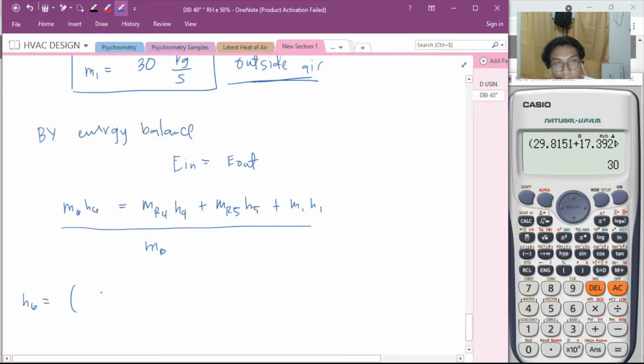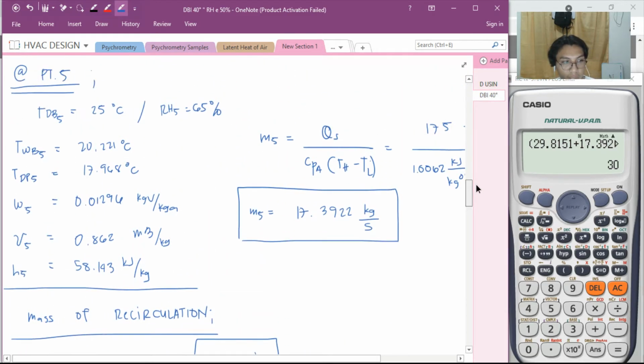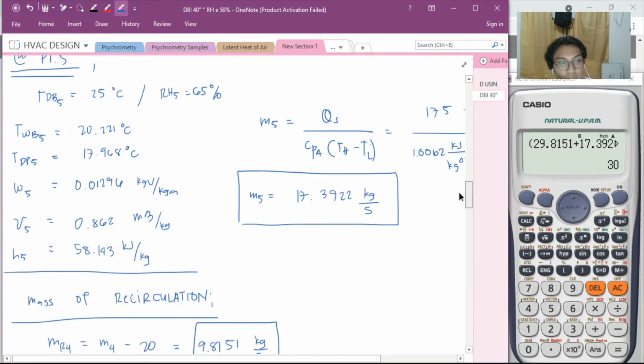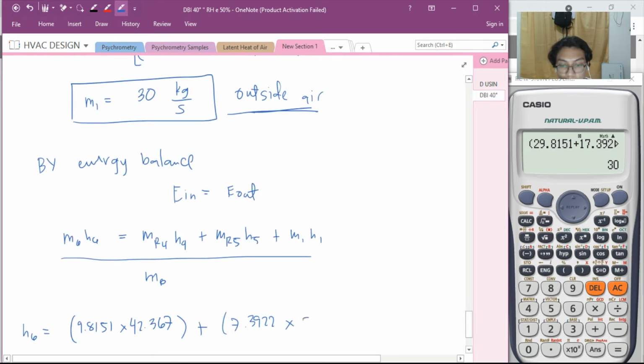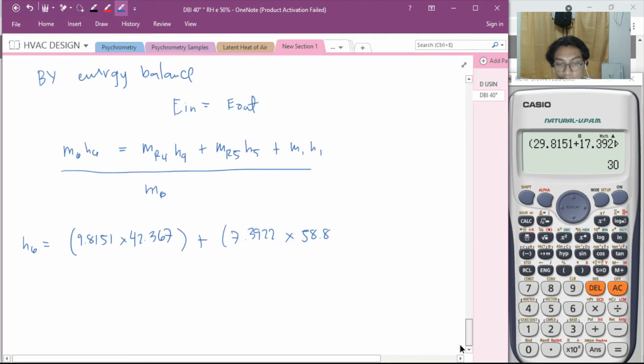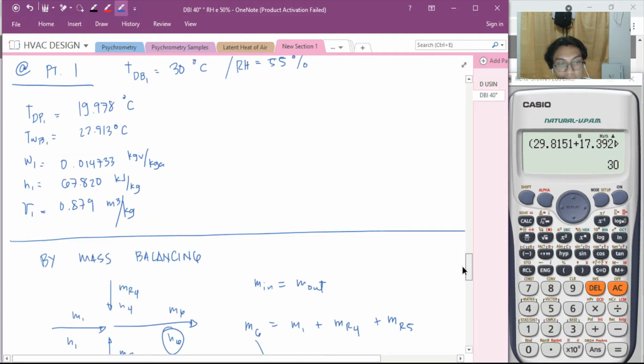H6 is equal to MR4. Ano ba yung MR4 natin? 9.8151 times H4. Nasaan H4 natin? H4 is 42.367 plus MR5, 7.3922 multiplied to H5, 8.143. Plus M1. Nakuha natin si M1, 30 times H1. Nasaan yun? 67.820